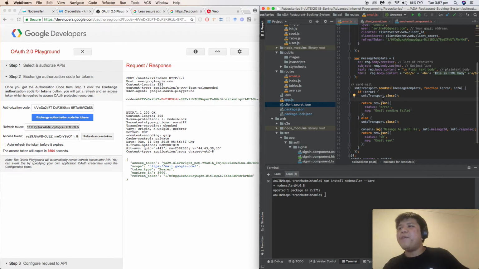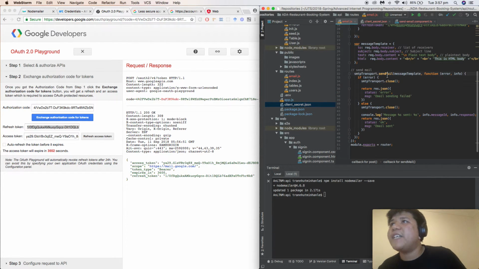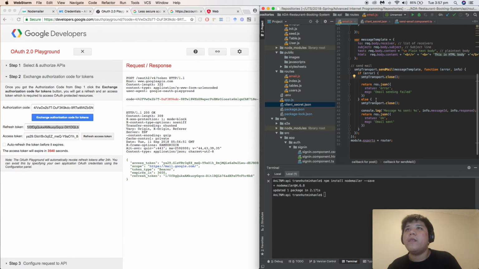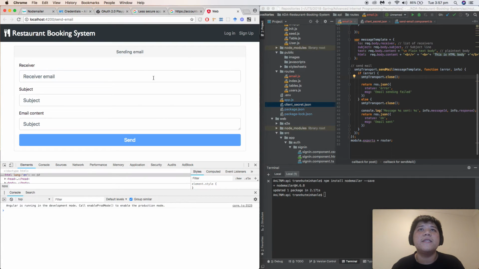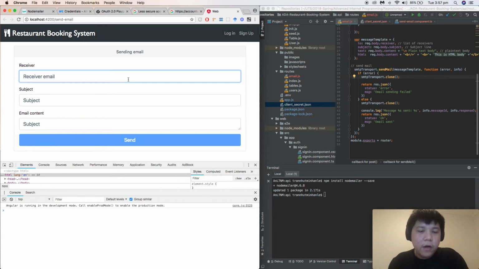And for sending an email, we're gonna use the method sendMail. We're gonna pass the message, and we're gonna pass the callback also. And this is a callback, it means we're gonna return the error. And this is my front end, where a user can input the receiver. It means that I'm gonna input